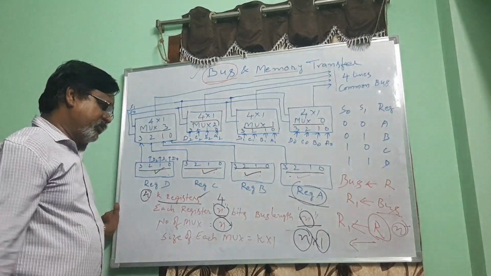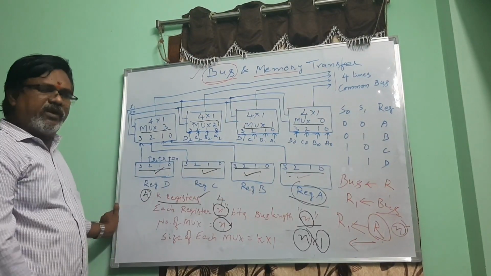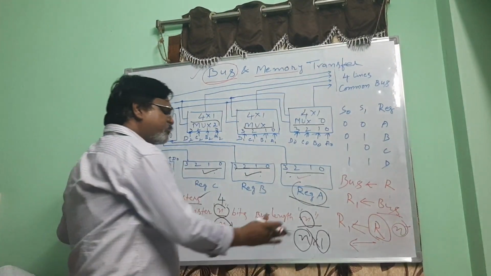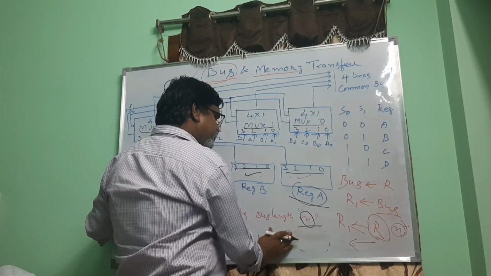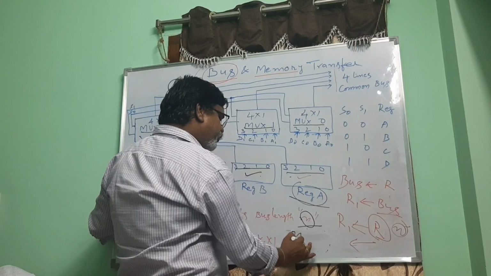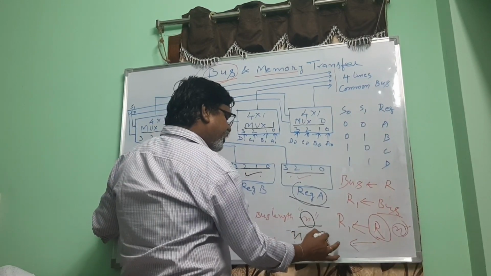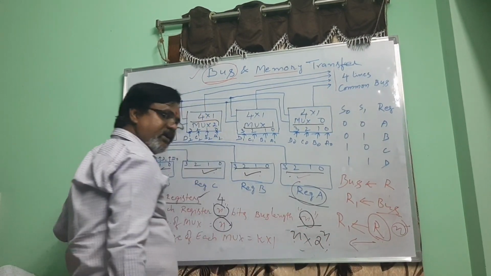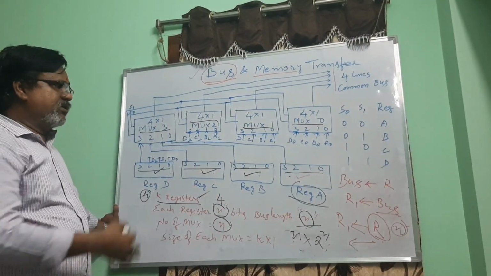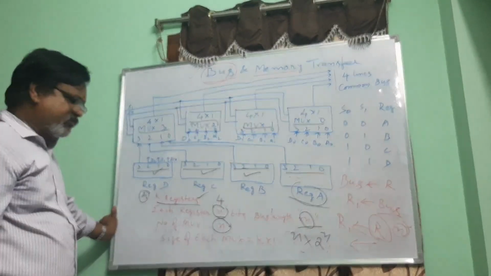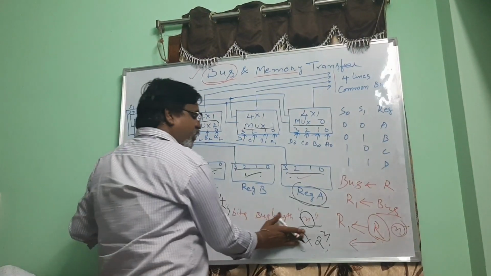By using a multiplexer. That is the basic definition of a multiplexer. I think you know decoders also, you might have read. Decoders means, say for example, if there are n inputs, 2 power n outputs will be generated using a decoder. That decoder we will discuss in the next tri-state bus transfer method. So don't worry for the time being.